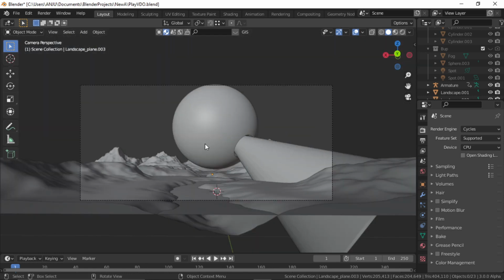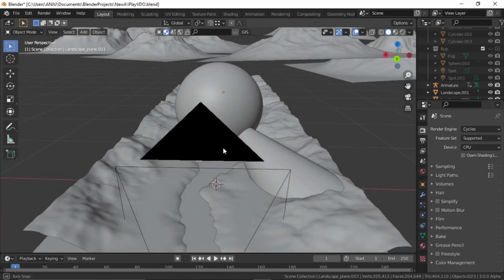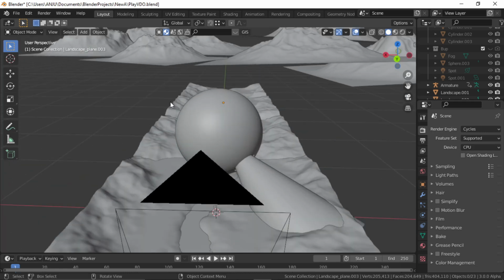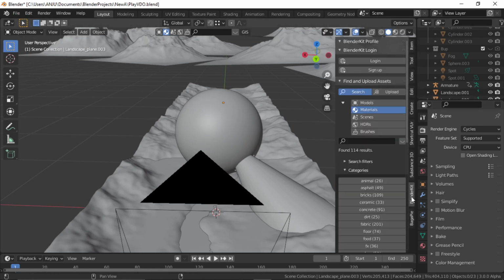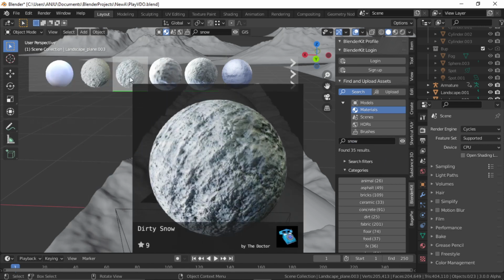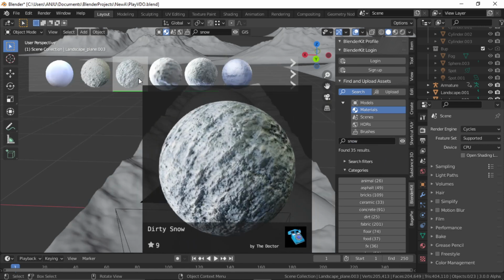Now let's create some materials for our objects, and to do that I am going to use the BlenderKit add-on. You can enable it and you can access it from here. Here you can see BlenderKit. Now go to materials and search for snow, and here you can use any of these snow materials.